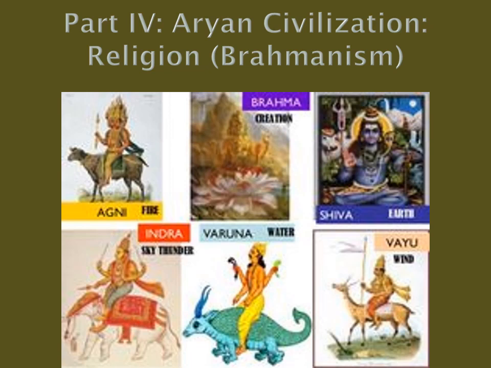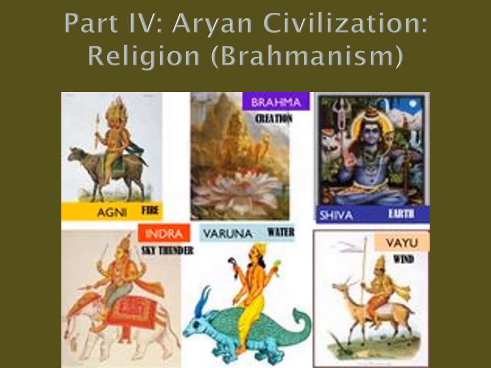So the first aspect of their religion is that there were many gods for them. They revered many gods or devas, and their gods were often personifications of natural phenomena. So for example, we have Indra, the god of thunder and lightning. We have Agni, the god of fire, and Varuna, the god of water. So for the Aryan people, there are many gods. If a religion has many gods, this is known as polytheism.